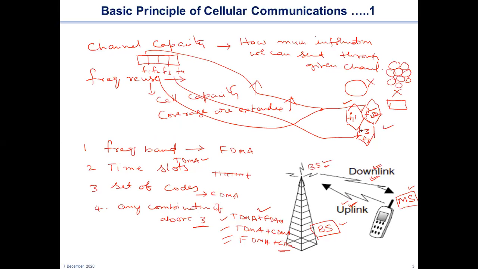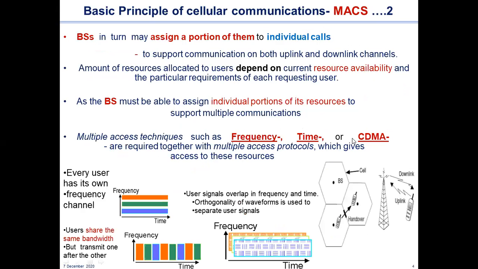Because this is only just two terms I have defined here. Okay, then whatever I have discussed in the previous slides, same thing here. What I said, to improve the coverage area and channel capacity, we use the frequency reuse concept. That is what. Okay. Here in more detail,